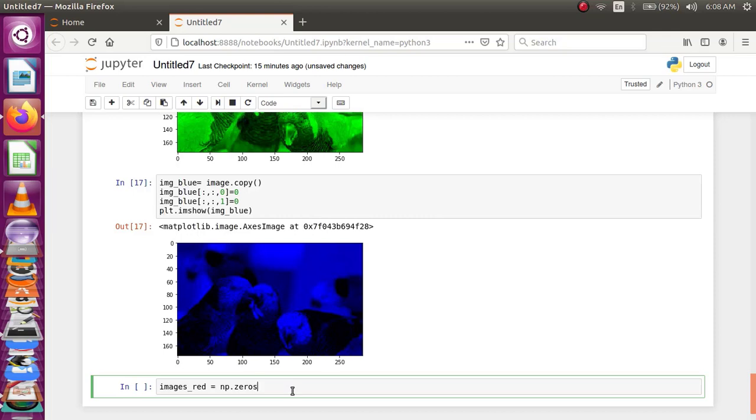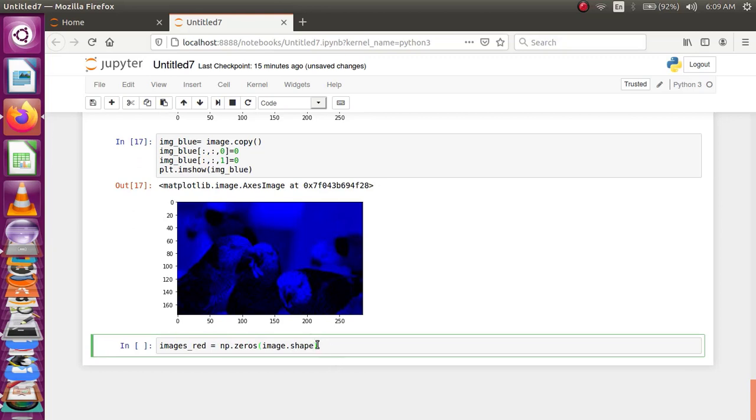Now I am creating an image with all the values 0, provided the shape of the image is the shape of my original 3-channel image. So I am giving the original 3-channel image shape over here, which means that I want to create an image of the same shape as my 3-channel image, but with values 0. That is what I have done here.